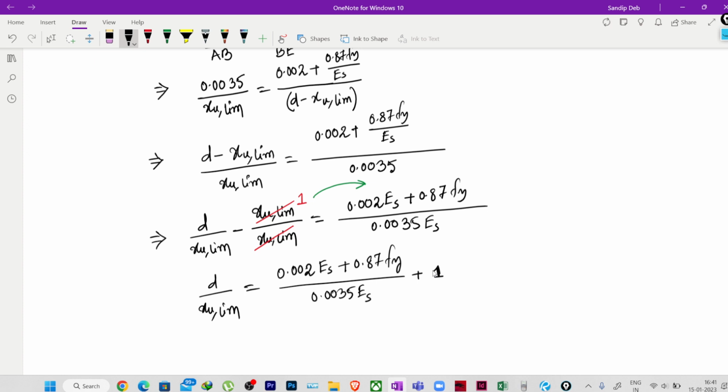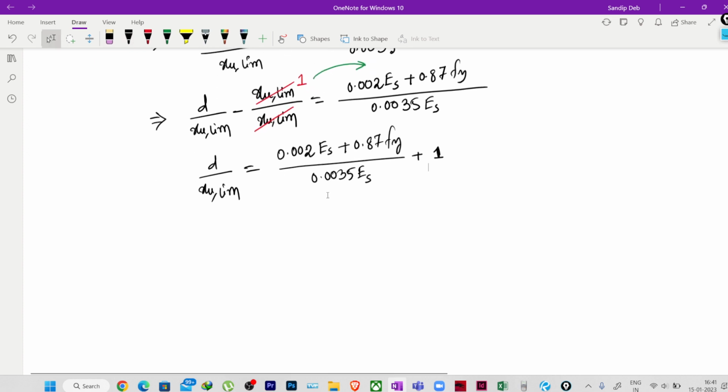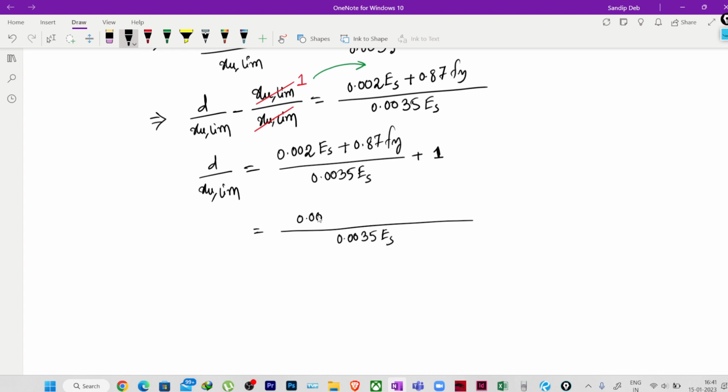Now it is a simple calculation, we just have to solve, that's it. So if I do it, it will be 0.0035 ES, and it will be 0.002 ES plus 0.87 FY plus, now multiplied by 1, so it will be